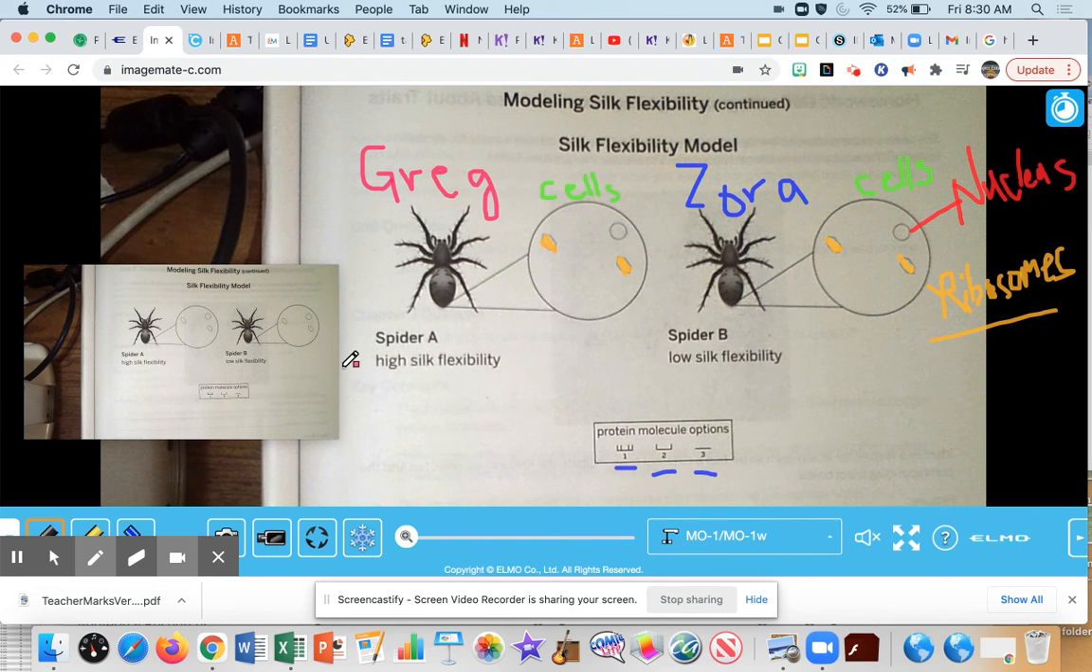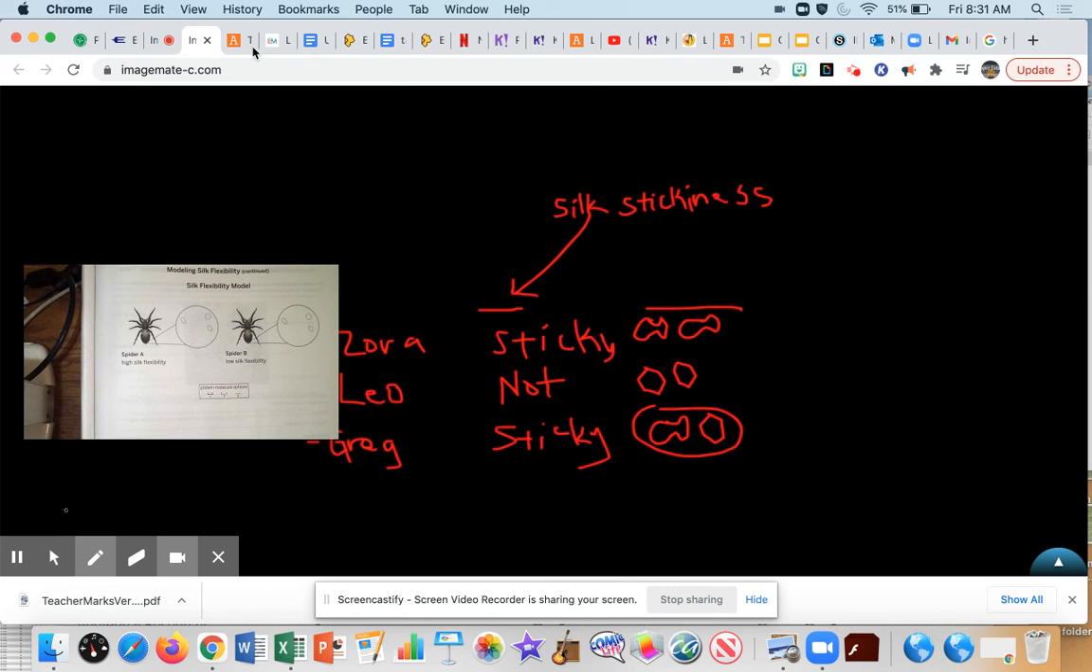Here we are. So let's draw them in pink, right? And we'll just draw 2 of these. All right. Now, let's head over to Zora that has low silk flexibility. Zora has low silk flexibility. So let's take a look at,